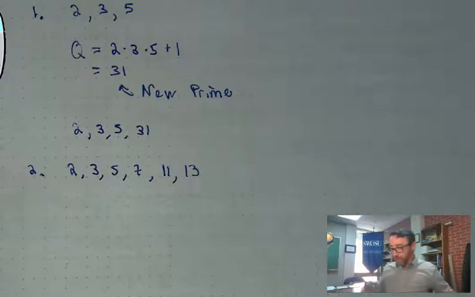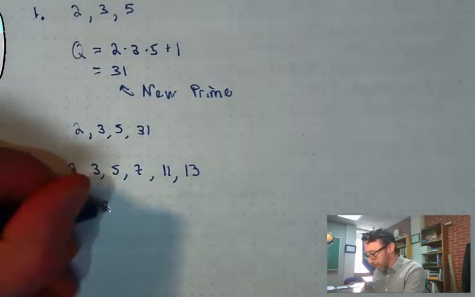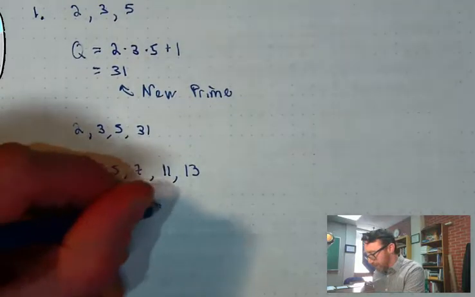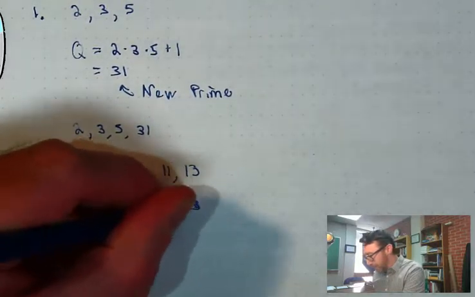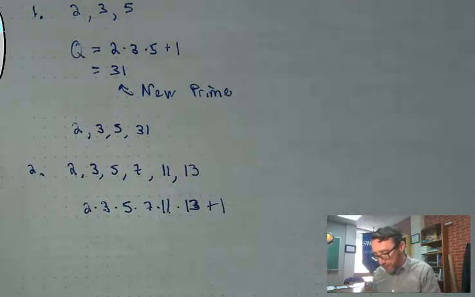So we will form our new number Q by taking the product of everything on our list, 2 times 3 times 5 times 7 times 11 times 13, and then when we have that, we'll add 1. So let me just do some calculations real quick. 2 times 3 is 6, times 5 is 30, times 7 is 210, times 11 is 2,310, times 13 is 30,030, and then if we add 1, we get